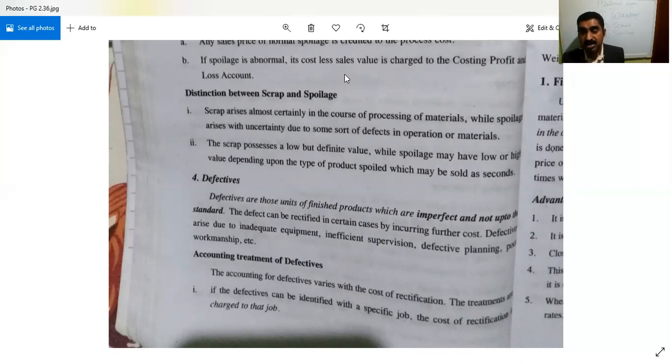Any defects in the operation of material, that is with the uncertainty. While certainly, what is that occurring? Scrap arises. While scrap has a low but definite value, while spoilage may have low or high value